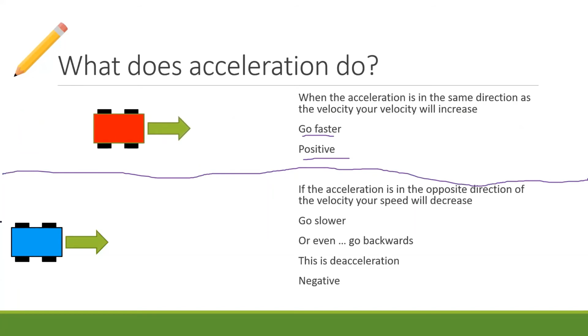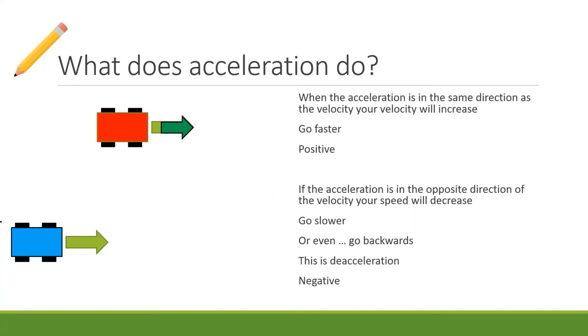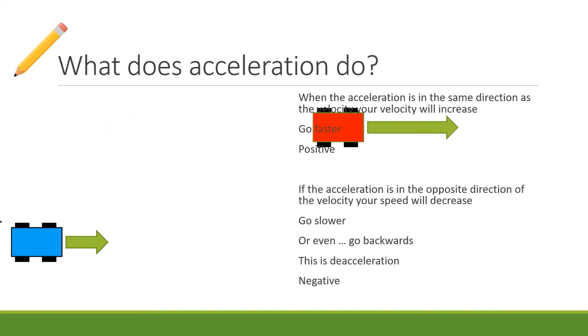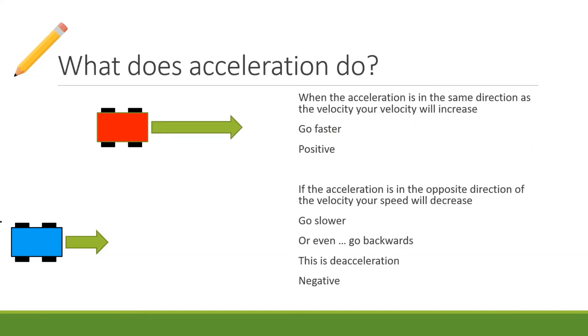Let's break this down again. So your acceleration is in the same direction as your velocity. So it adds to your velocity, which makes you go faster. So just copy this first part here down. As I said, the part above the line. I'm going to give you guys a little bit of time to do that, and then we're going to talk about the second part. If the acceleration is in the opposite direction of your velocity.